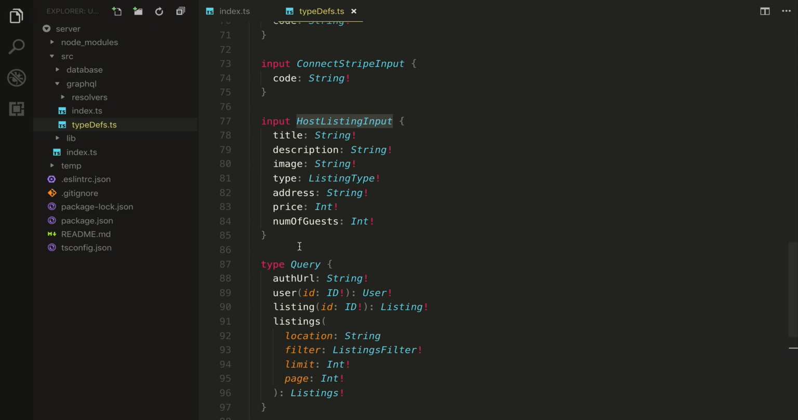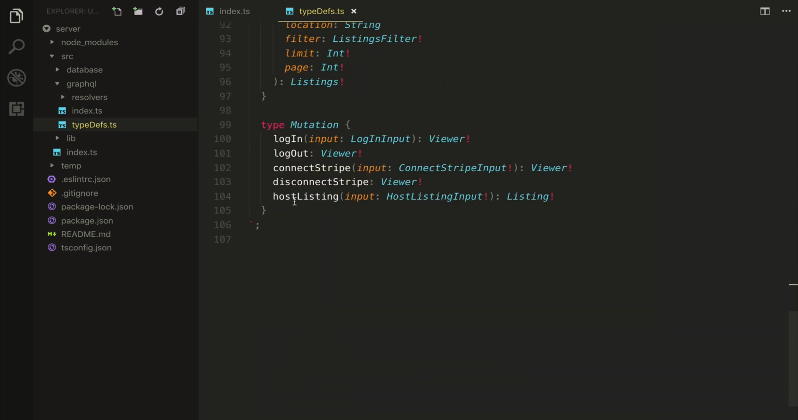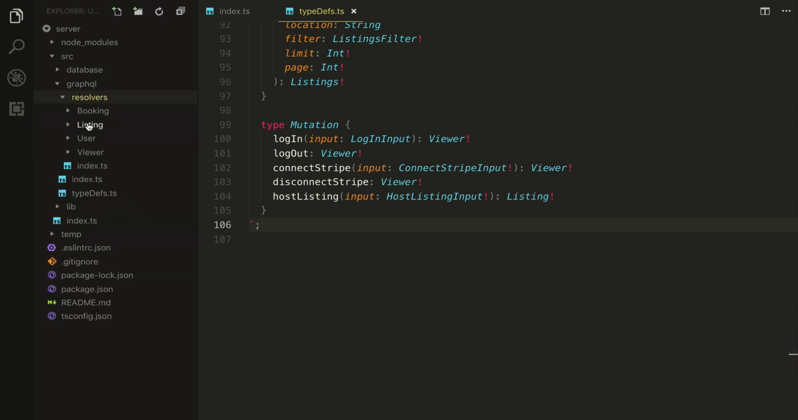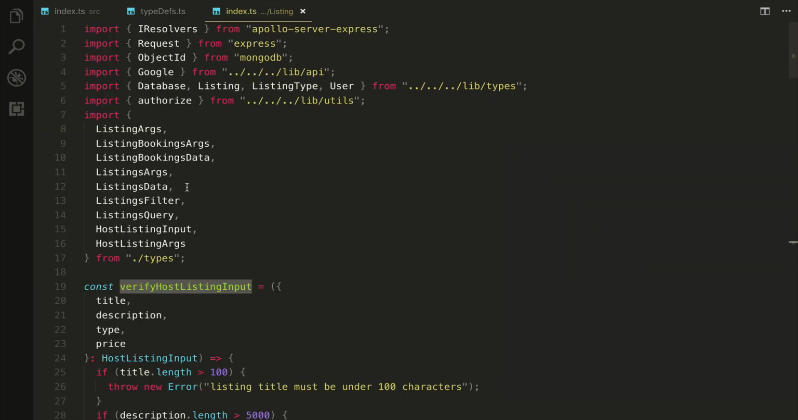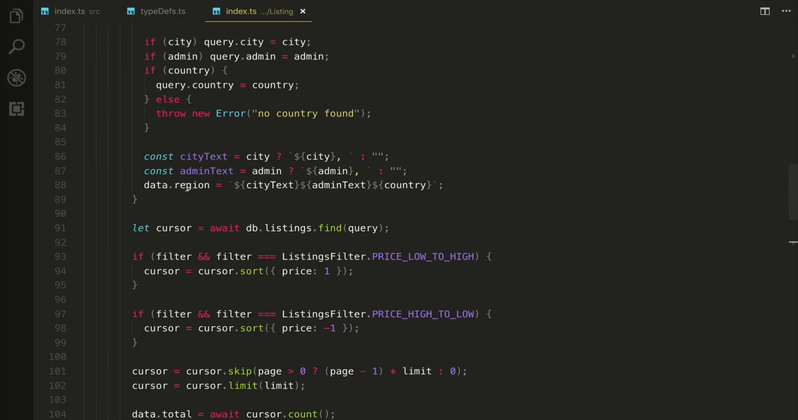actually create their listing, which consists of the title, description, image, type, address, price, and number of guests for this listing. When the host listing mutation is resolved successfully, it would return the newly created listing as the listing GraphQL object type. When we take a look at the listing resolvers map, we'll see that we've created a host listing